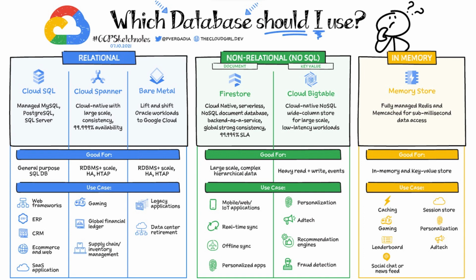Cloud Bigtable is a good choice for cases where you need NoSQL database performance at the petabyte level. This wide column store is suitable for big data analytics and event-driven applications such as ad tech, recommendation systems, and fraud detection. And finally, if you need ultra fast access to data, Memory Store offers fully managed Redis and memcached instances. This solution is perfect for caching, sessions, gaming leaderboards, and other use cases where fast data access is